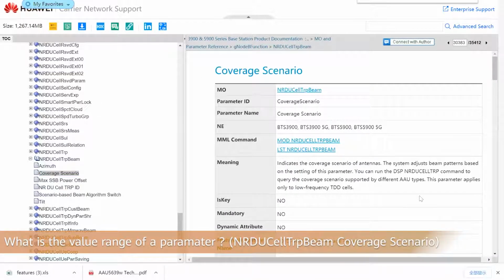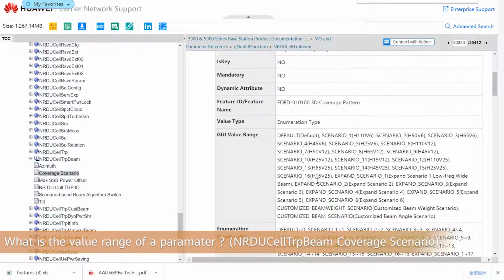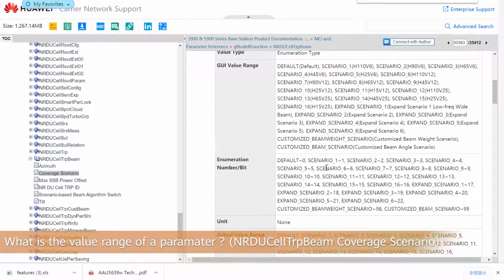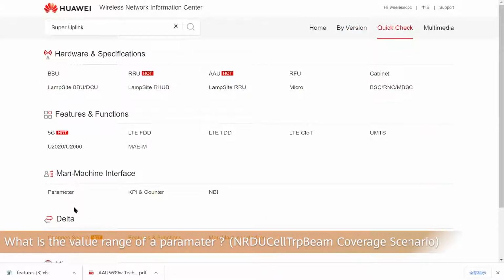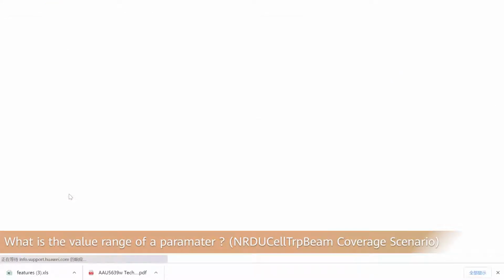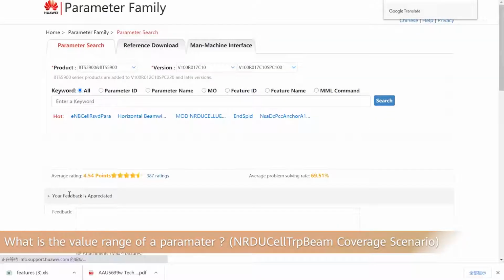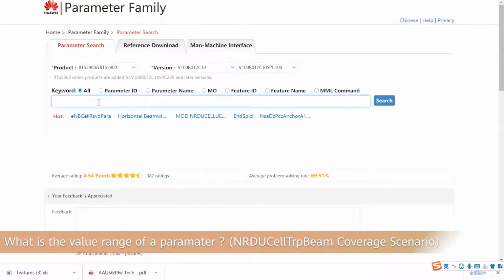Okay. In this page, we will see the details of this parameter, and if you scroll down, you will see the value range. Here, we got it of this parameter. And we can also use the quick check tool again. For the second way, I will just click the quick check tab, and then choose the parameter under man machine interface. And we are going to the parameter family, and in the search bar, let's input, I think it's coverage